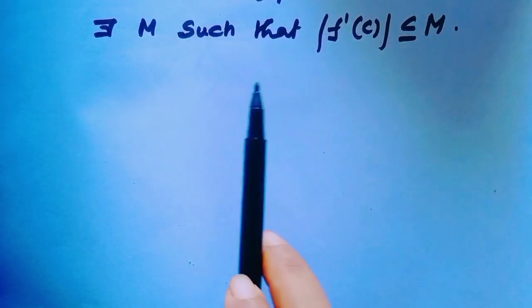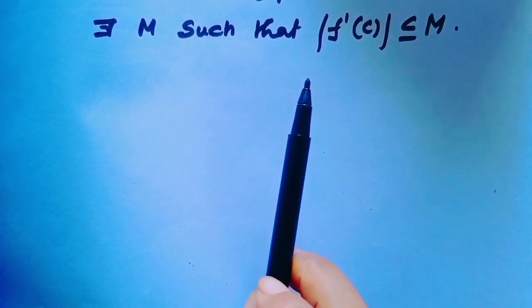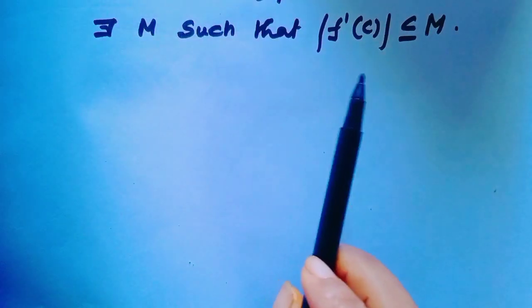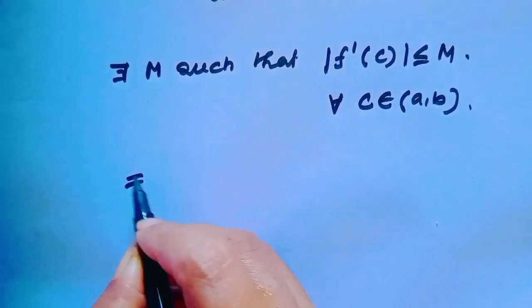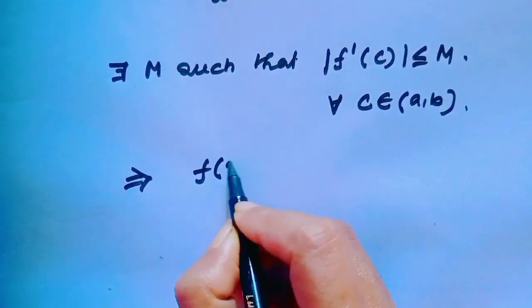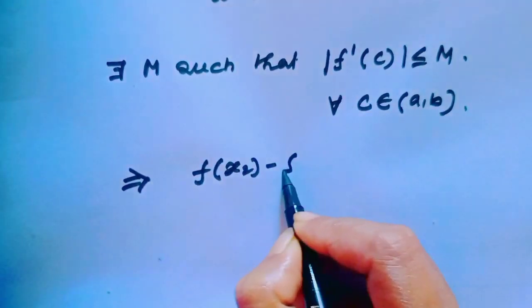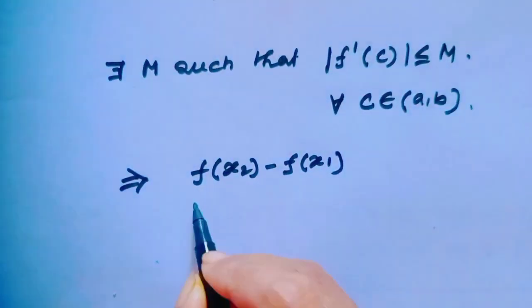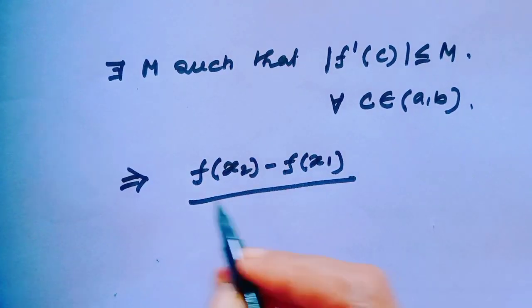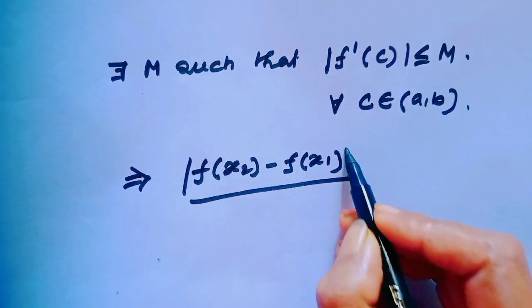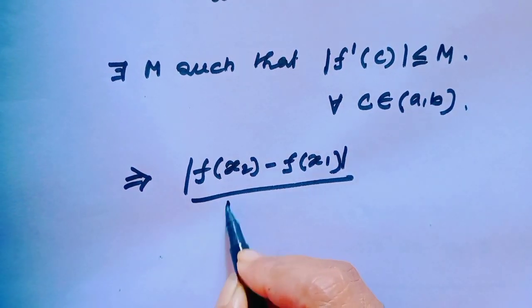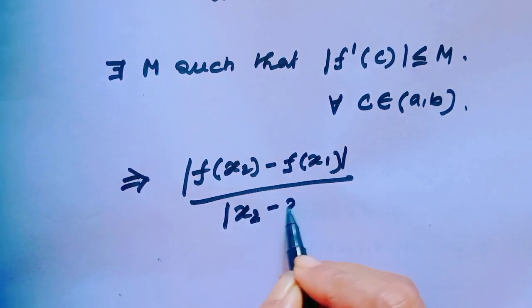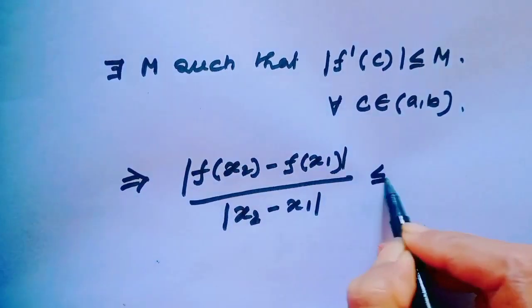Now consider there exists a capital M such that the absolute value of f prime of c is less than or equal to M. Then the inequality becomes modulus of f(x2) minus f(x1) over modulus of x2 minus x1 is less than or equal to